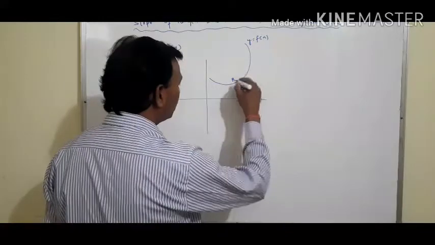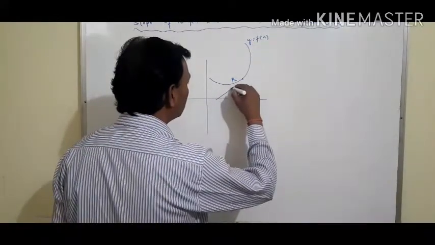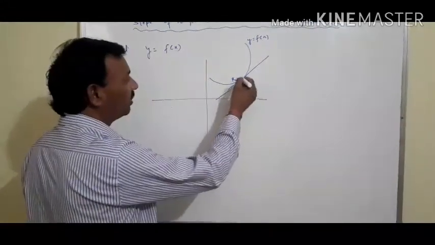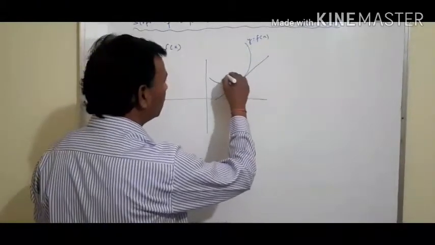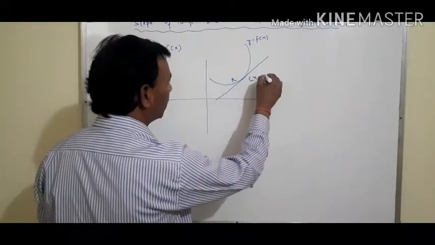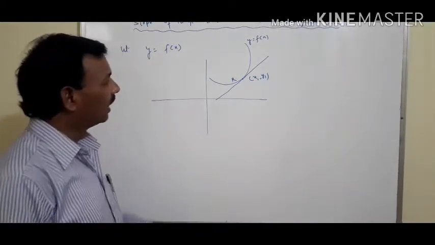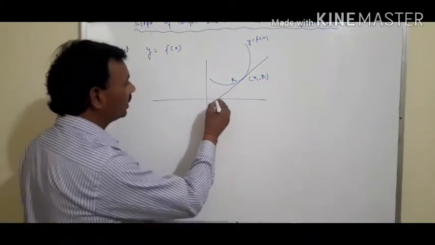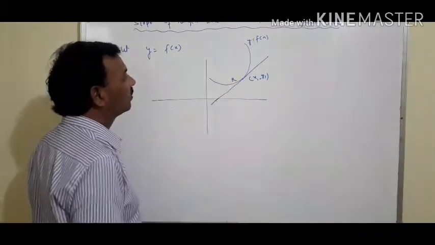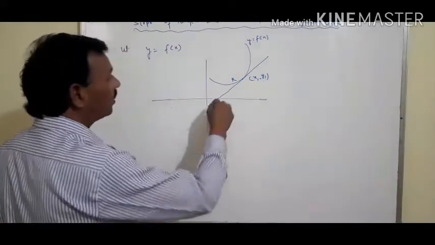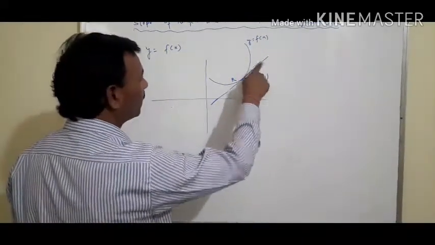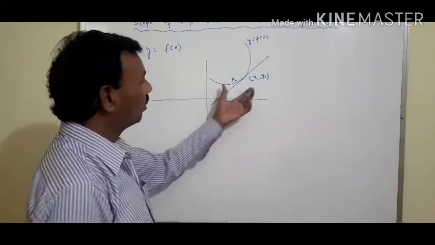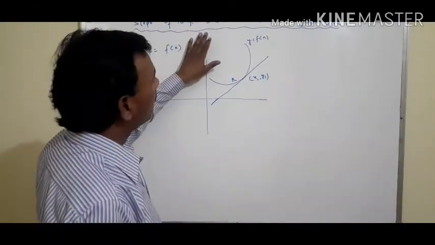Now take any point R on this function, and suppose a line is drawn from this point to this curve which touches it at one and only one point, that means R, whose coordinates are x1 and y1. That means this line at x1, y1 will be tangent to this curve at the point R. Now, if I want to find the slope of this tangent to this curve, then what is the slope? With the help of derivative.